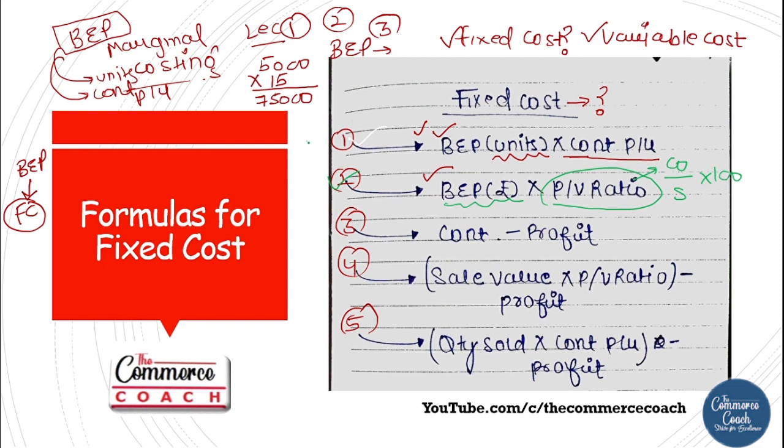Now in the same way, as you can see here, sales minus variable cost gives you contribution, and minus fixed cost gives you profit. Now if I go backward, I have to find out this amount. I can deduct profit from contribution and I will get this amount as a balancing figure. Let me give an example.